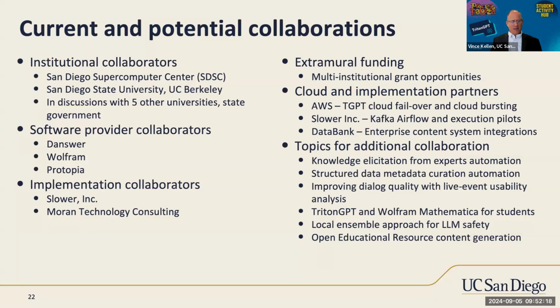We have in the Dancer framework, it emits live events, kind of like how Canvas emits live events. So we could do real rich real-time usability analysis with it. That's data that flows directly into our activity hubs. This notion of using TritonGPT and Wolfram Mathematica for students, independent of all of our enterprise data, is also very